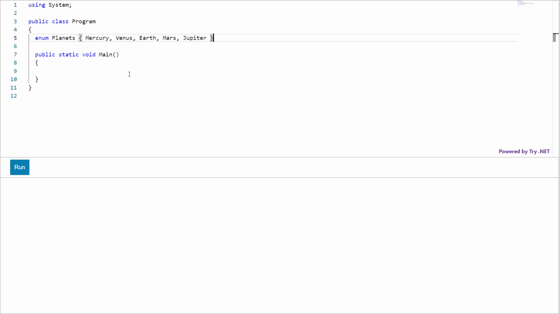By default, the first element has a value 0, and each subsequent element has one value higher. So the value of Mercury is 0, Venus is 1, Earth is 2, and so on.